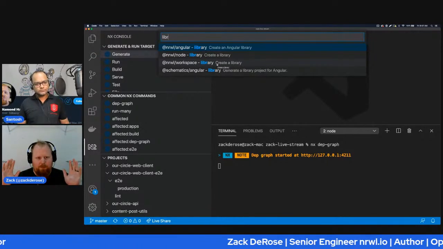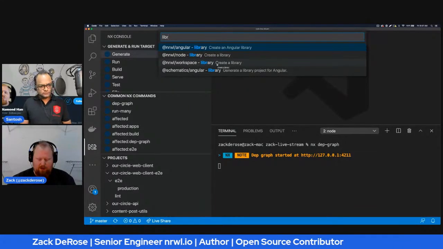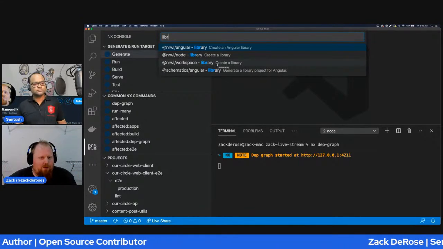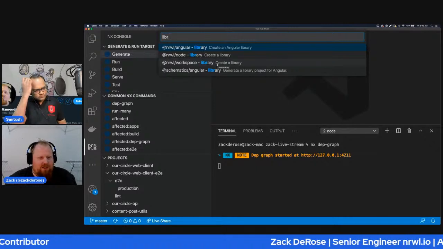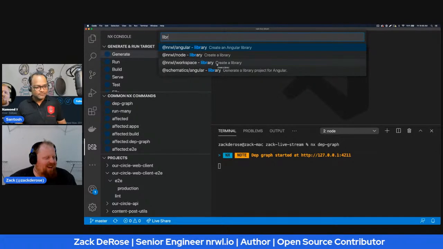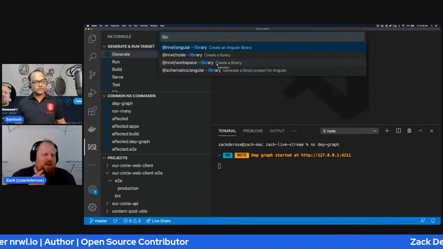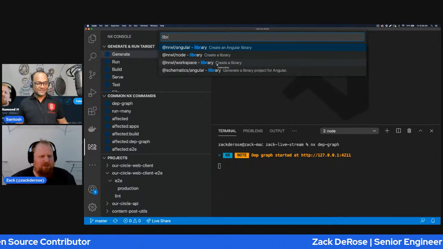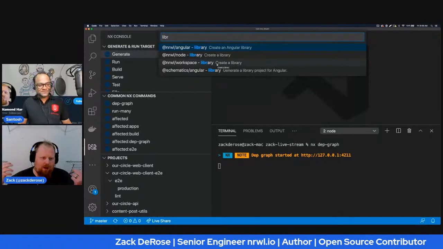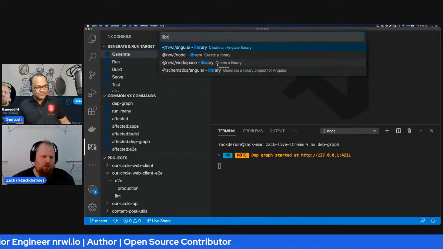front end. Before getting to NX and into a scenario where both of those projects were in the same repo, I was in this weird world of having to sync up my back end and my front end manually, which was terrible. Not only in terms of deploying them at the same time, but also like, oh, I forgot to make that change in my front end interfaces based on the change to my back end API. And this way, like I was saying, it keeps you honest. Everything is in sync with each other, especially if you construct this properly.